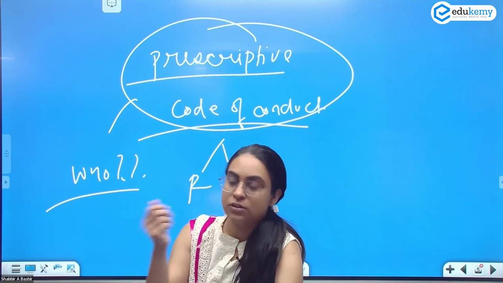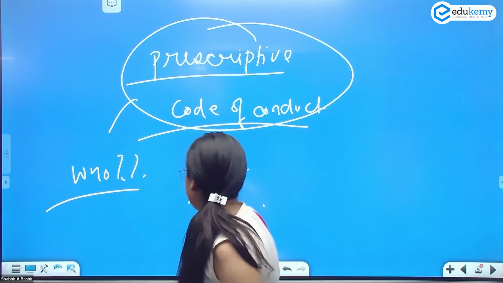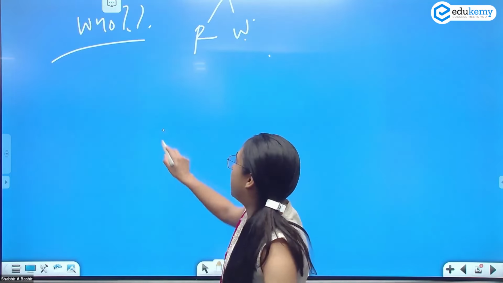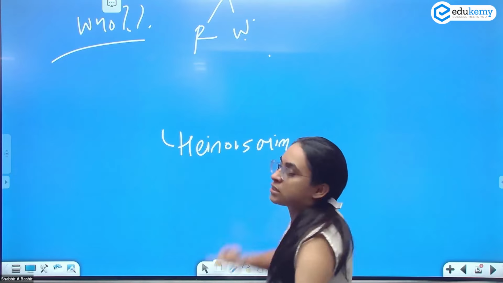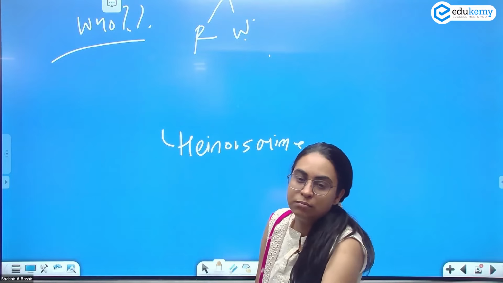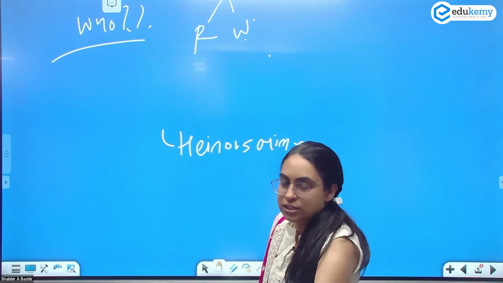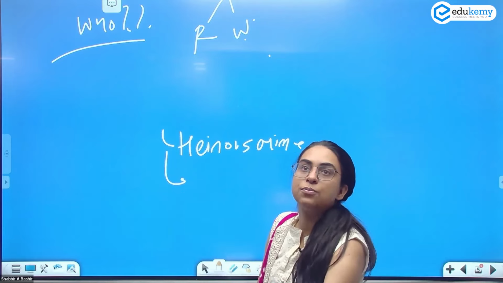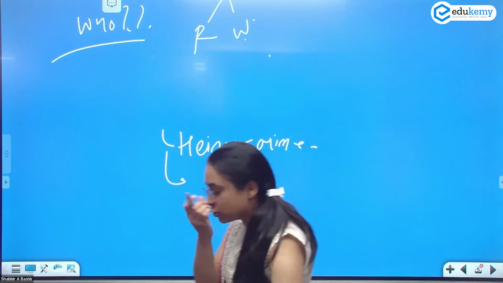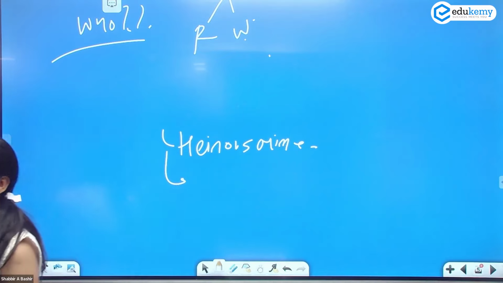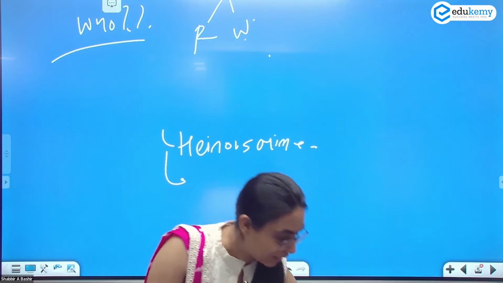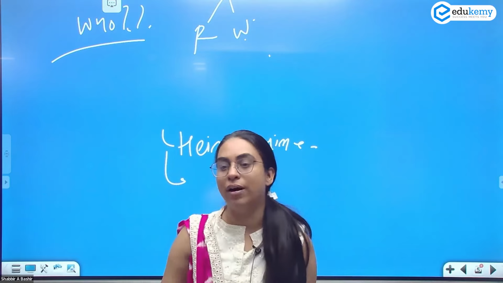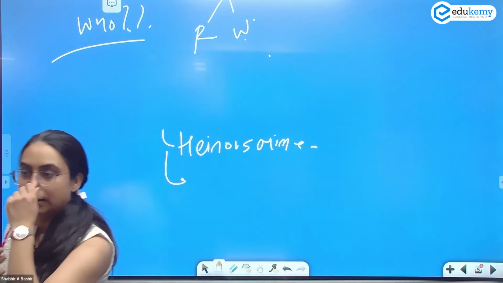How heinous the crime is. So it depends on how heinous the crime is. ठीक है, whether it's right or wrong, somebody is saying it depends on how heinous the crime is. Okay, so if somebody is a terrorist, if somebody has done a brutal murder, probably it can be justified. Okay, anybody else? Raj, Priyanka, Harris, ये ethics का जो paper है ना, मैं सिर्फ dictate नहीं कर सकती हूँ, ये debate होना चाहिए, because this is trying to change your approach, this is trying to change your outlook towards things. तो ये एक इकलौता paper है जहाँ पे आप बात कर सकते हो. तो बताओ, एक बोल रहा heinous.